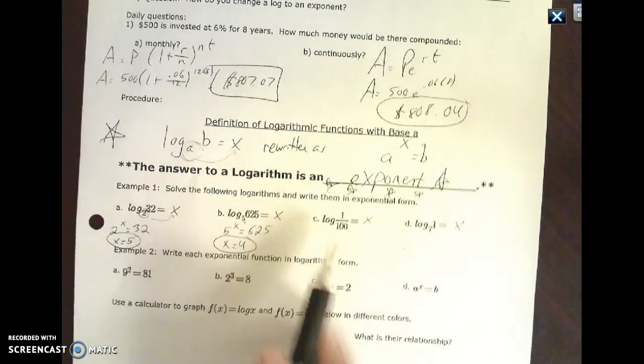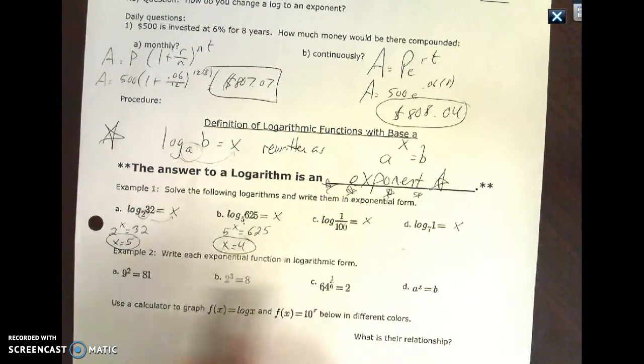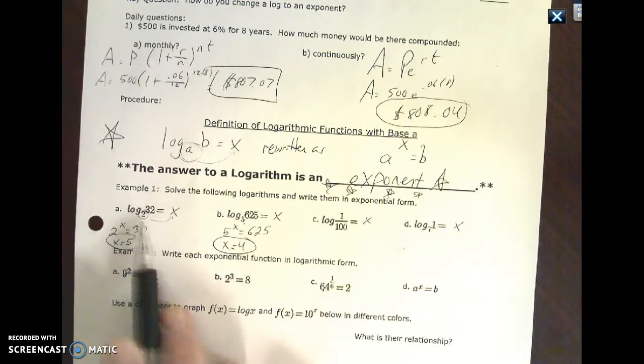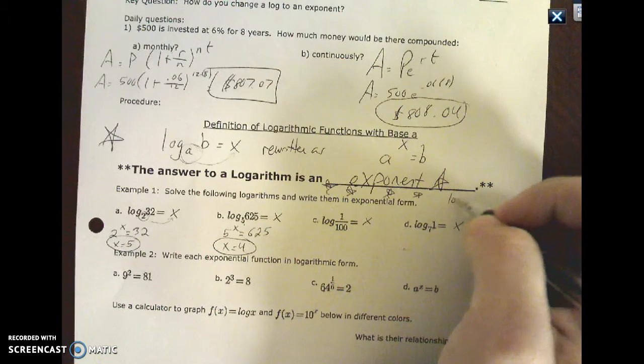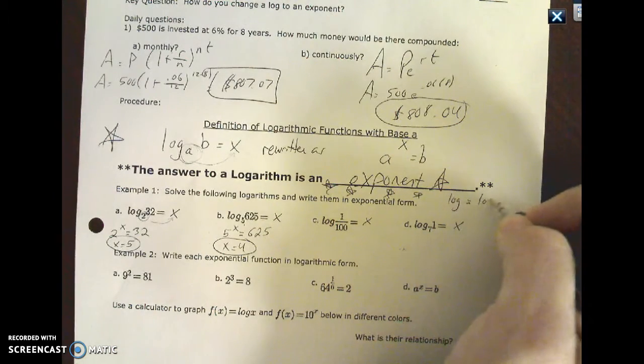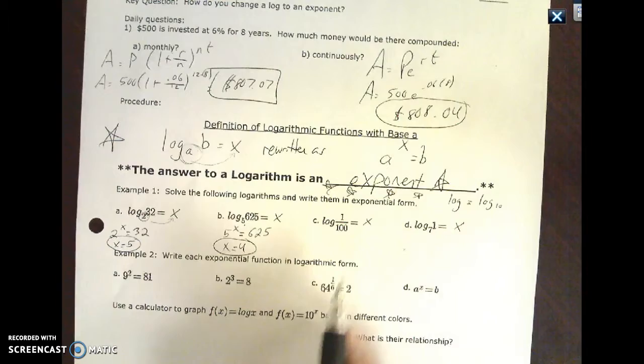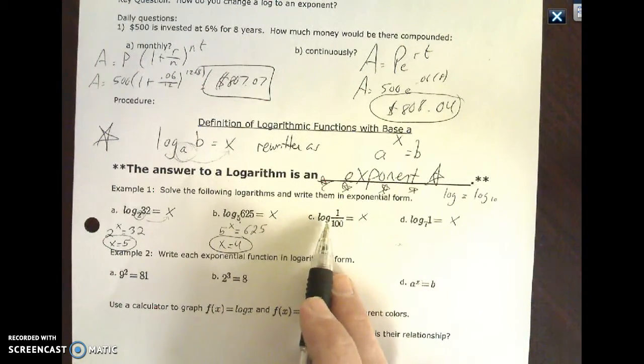Okay. Now, here, if you guys notice, you see how I don't have any number written? This one just says log. If you just see log, that automatically equals log base 10. There's a 10 down here. So what I'm going to put is 10 to the x